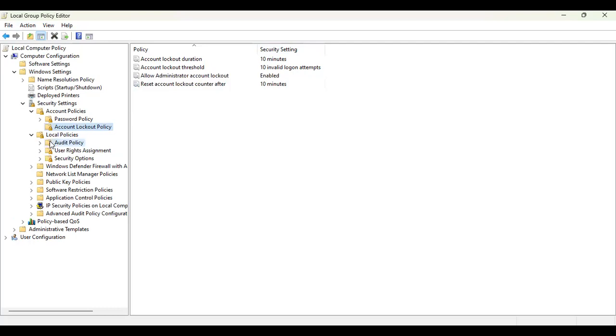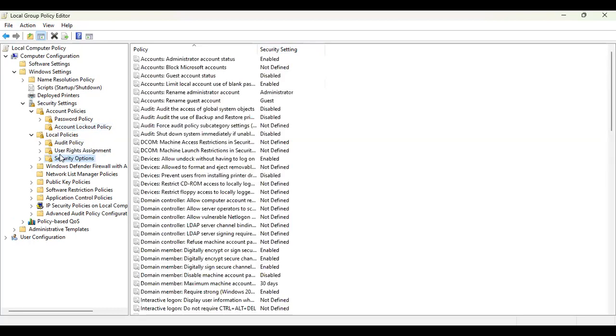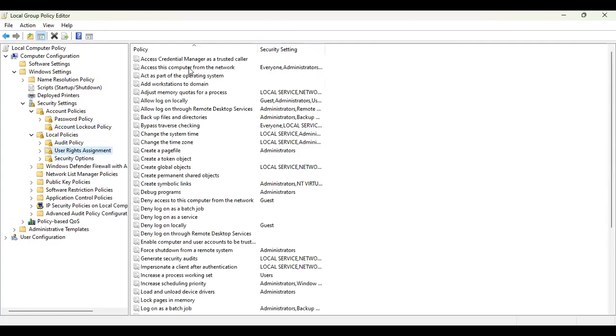We also have local policies, audit policy, user right assignment, security policies, and a lot more. With user right assignments, there are just various things that people within the system can do. Let's say this feature, debug programs, that only administrators can do. Now, only administrators can do this for now, but we could as well add a group. We could add a group or user to this particular